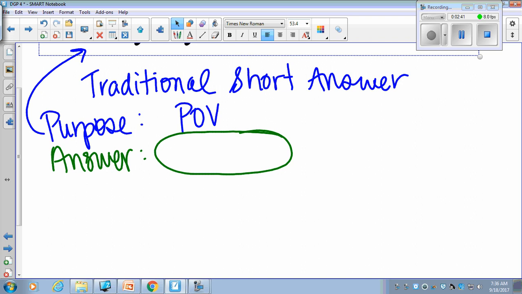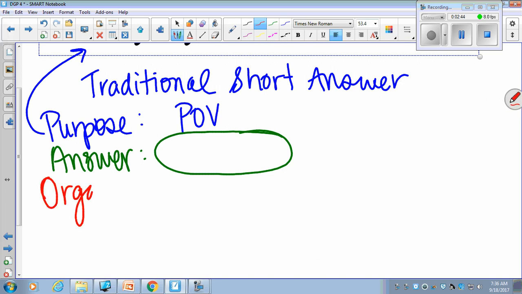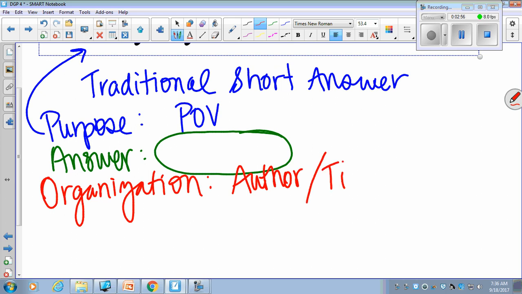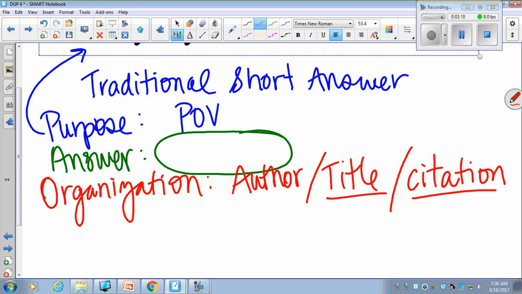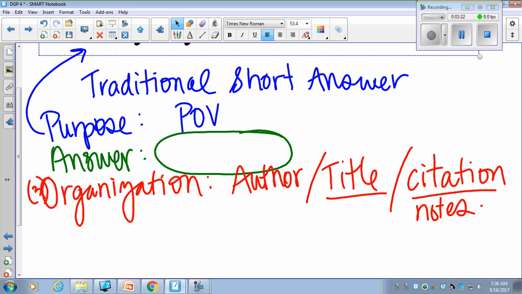The next thing in your rubric is your organization. The organization is an easy way to get all of your points because you have to include the author's name. You need to include the title of the text. In this case, it's The Outsiders. Please make sure you understand your rule for titles, which are underlined, and then the capitalization. And you need a citation. You have some notes on that citation in your composition book, so make sure you review that so that you get all the points. Everybody should get all 3 points right there. That's an easy way to boost your grade.